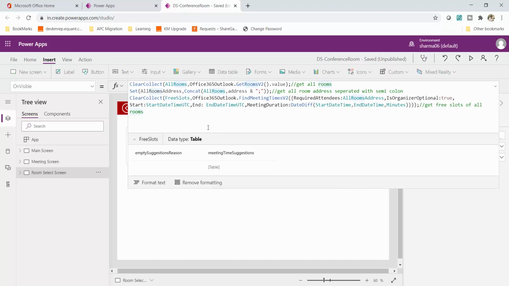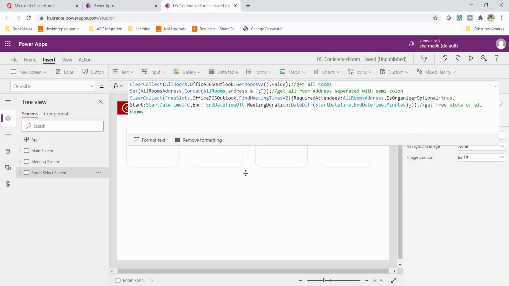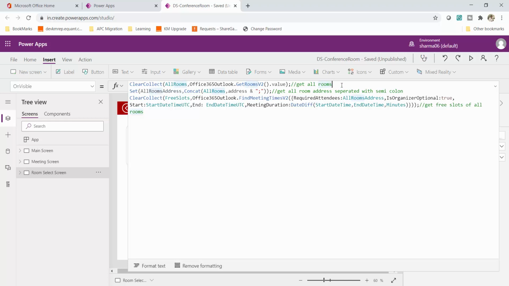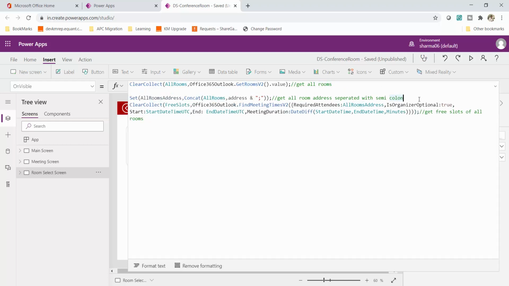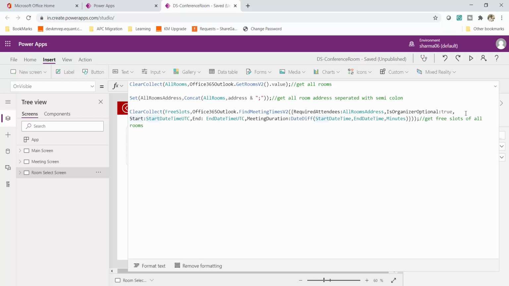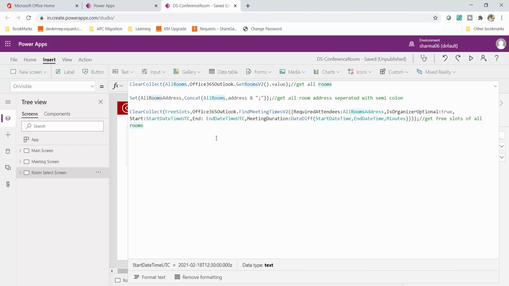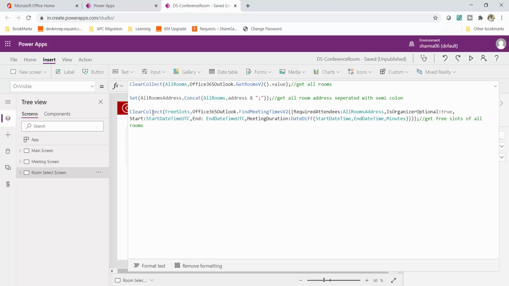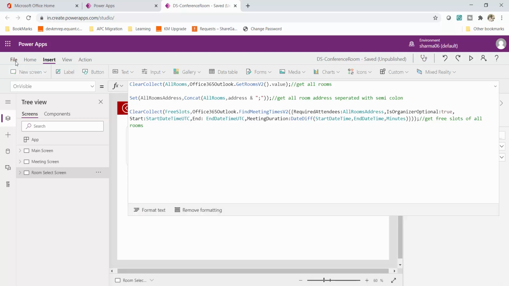So in the next step, let me make it readable to you. I'll press some enter over here so that it is quite readable for you. This is one formula. Now I need these meeting time suggestions. Again I will create another collection. Let me show you over here.